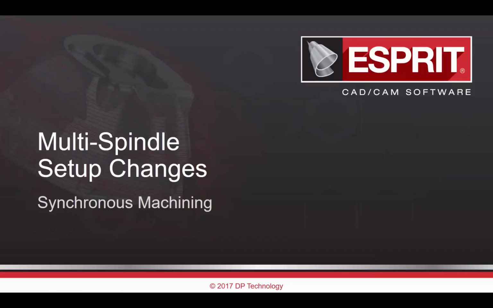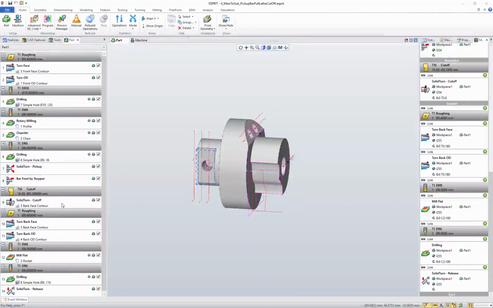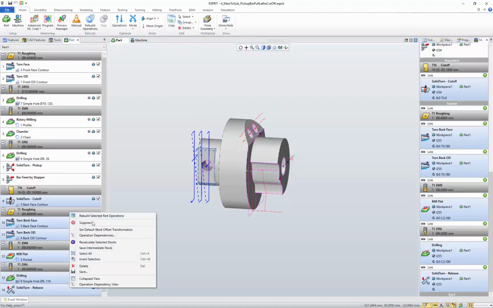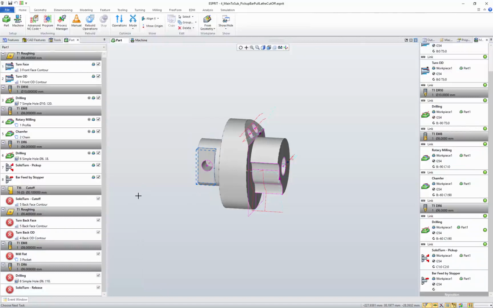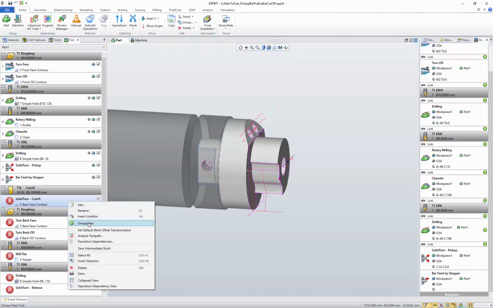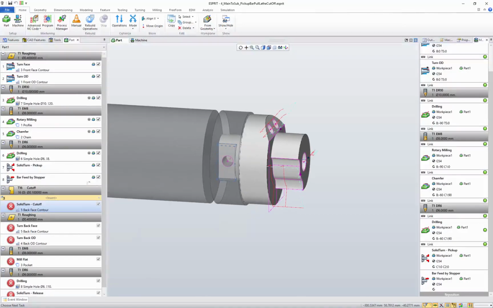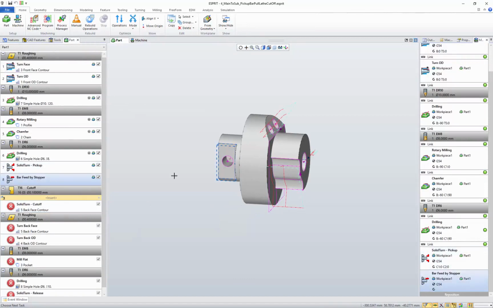In previous examples, we've programmed the cutoff operation with both spindles holding on the workpiece. Let's change the program, continue on the same part, to program more operations, milling and turning with both spindles holding on the workpiece. For this, I will start by suppressing all the operations from the cutoff to the end of the program. Okay, then I will set an insert location before the cutoff. And so we are at the pickup, bar feed, and after the bar feed, I will perform turning operation for the back side of the part.